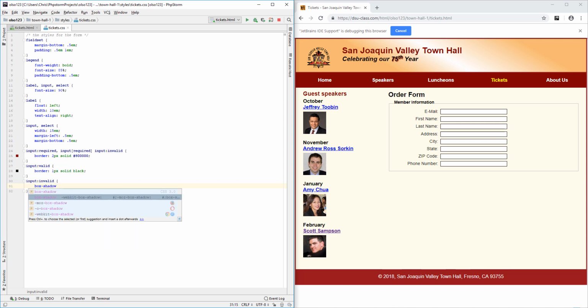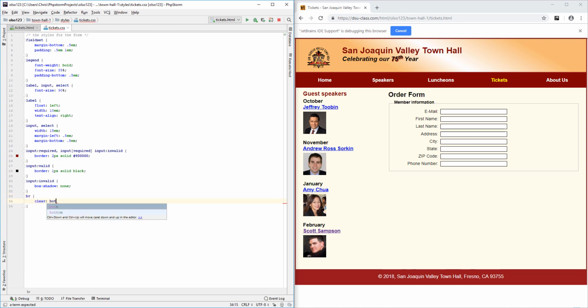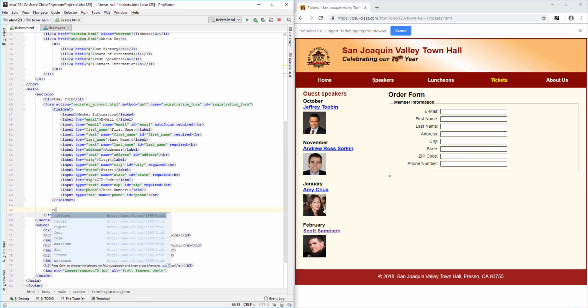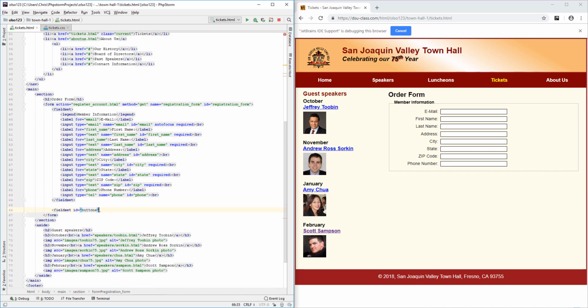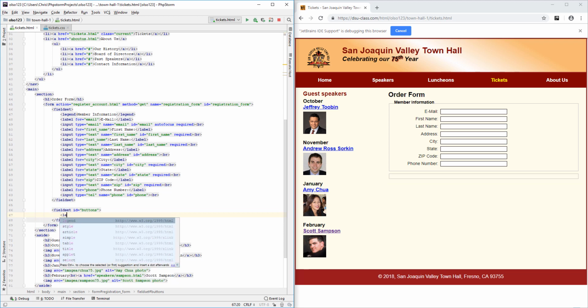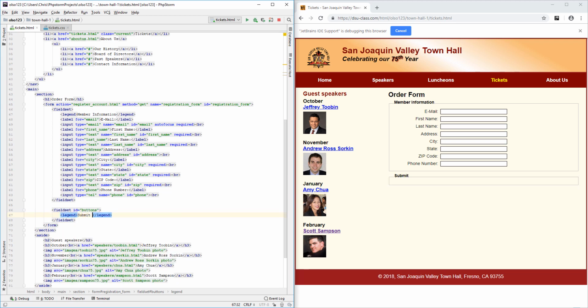And below that, input invalid. We will have a box shadow set to none. You'll be able to see how these look differently as I fill in information in the form. I'll also include clear both for the line break. I will add more to the form, but in order to do some testing, I'll add another field set with